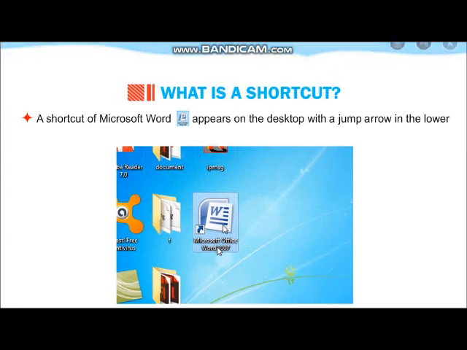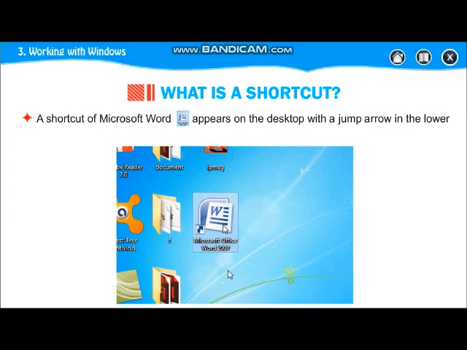So that's all for today. Do this practical at home. Create shortcuts on the desktop. This will save your memory and speed up your computer. If you are going to save the files directly on the desktop, your memory will be decreasing, your memory will slow down. So you want your computer should work very fast, so you have to create shortcuts on the desktop instead of your direct files.